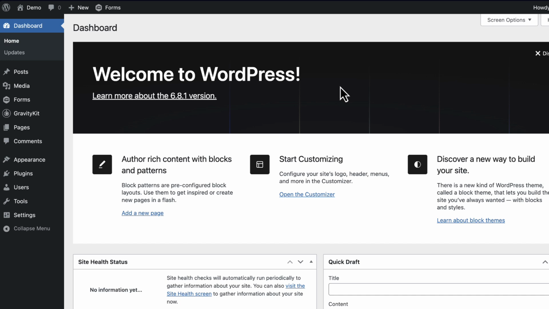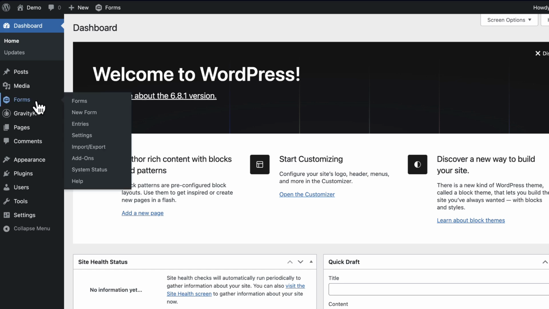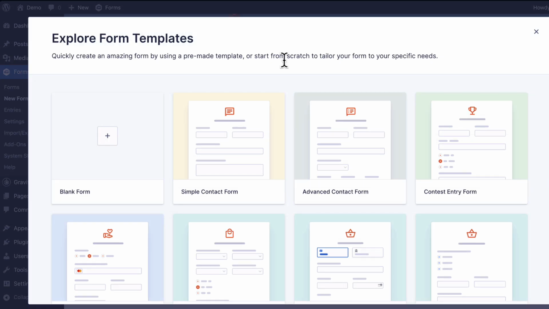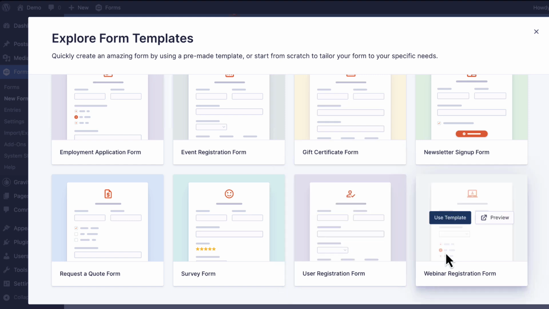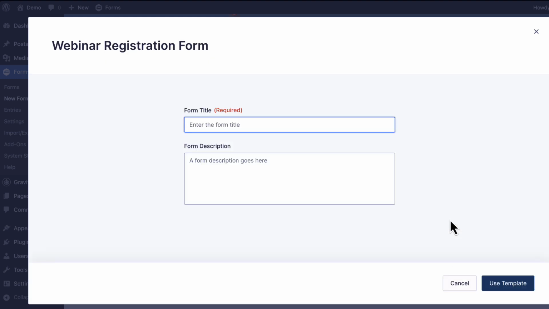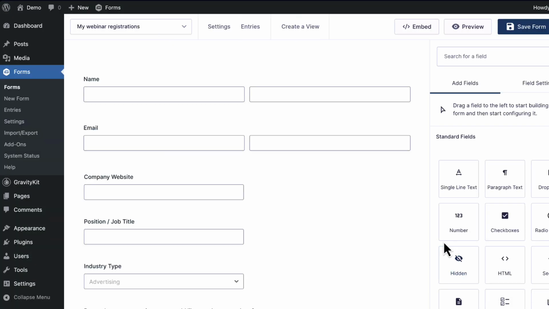So let's get started. I'm going to hover over Forms here, and I'm going to click New Form. And now Gravity Forms gives us the option to start with a form template. So I'm going to go ahead and do that, and I'm going to select the webinar registration form. So I'll select Use Template, and now I need to give it a name. There we go, and as you can see, this form is already built out for us,